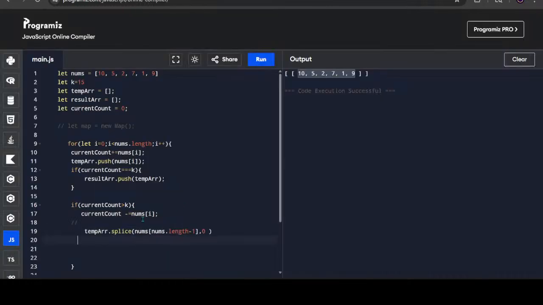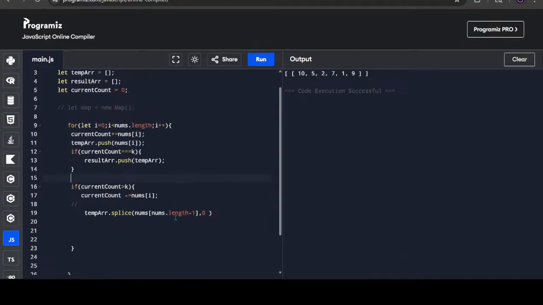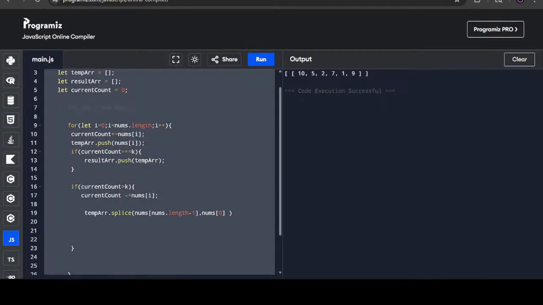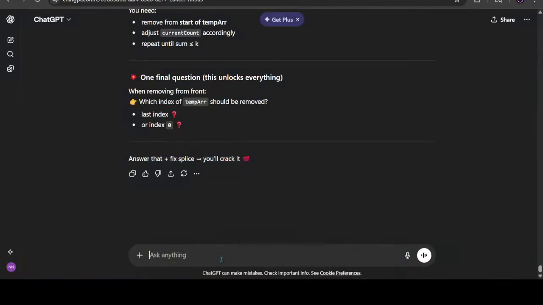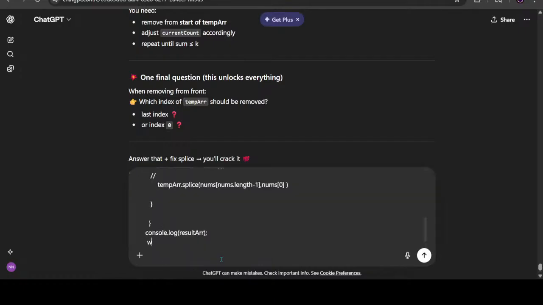Bro, what are you saying? Remove this thing. And now the index starts at